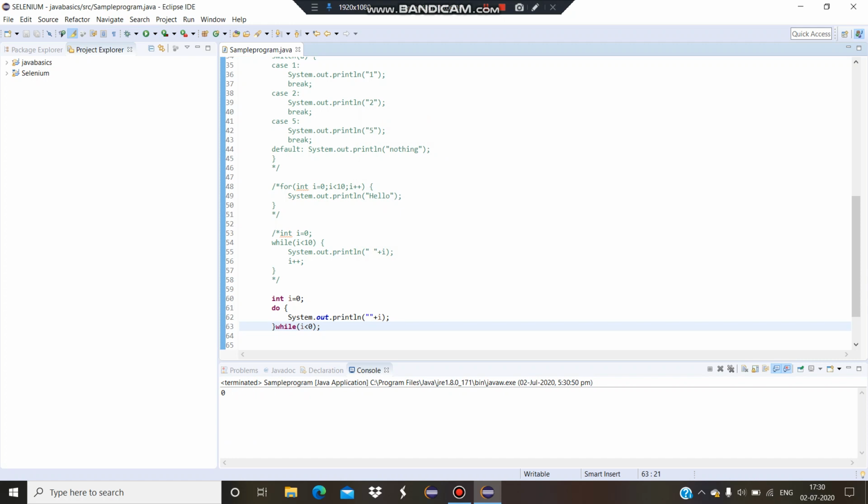So the output is, yes, I am getting 0 as output even though the condition is false. This is the main operation of the do while. So if I am giving a positive condition as stated in the while condition, it will execute until the condition is false, but with an extra execution, because it checks the statements inside the looping condition first, and then it checks the condition of the while.